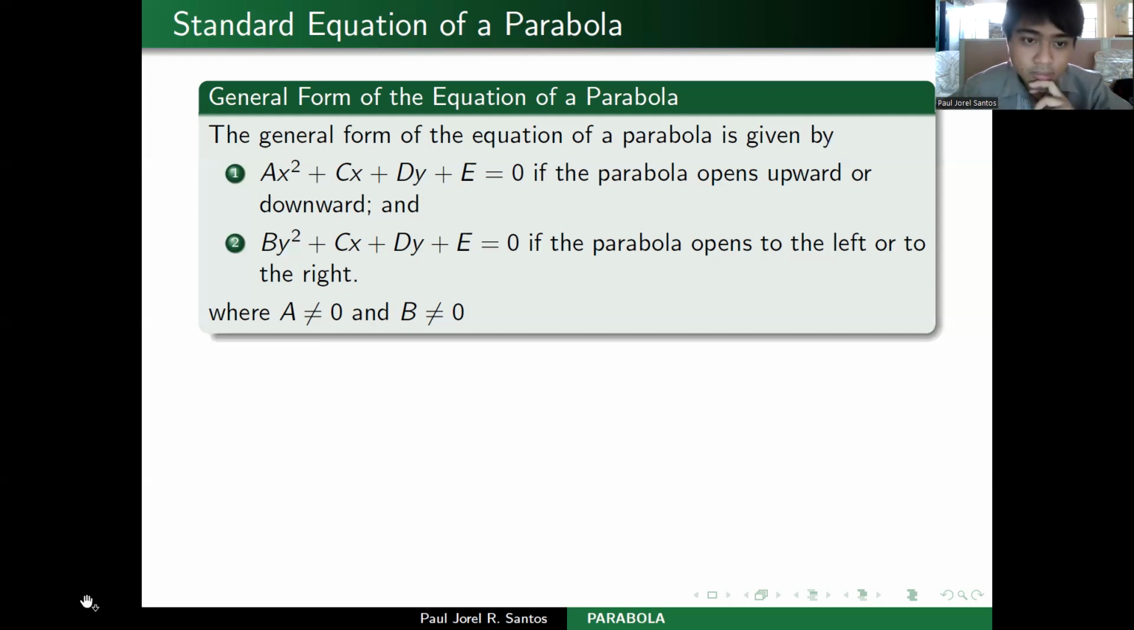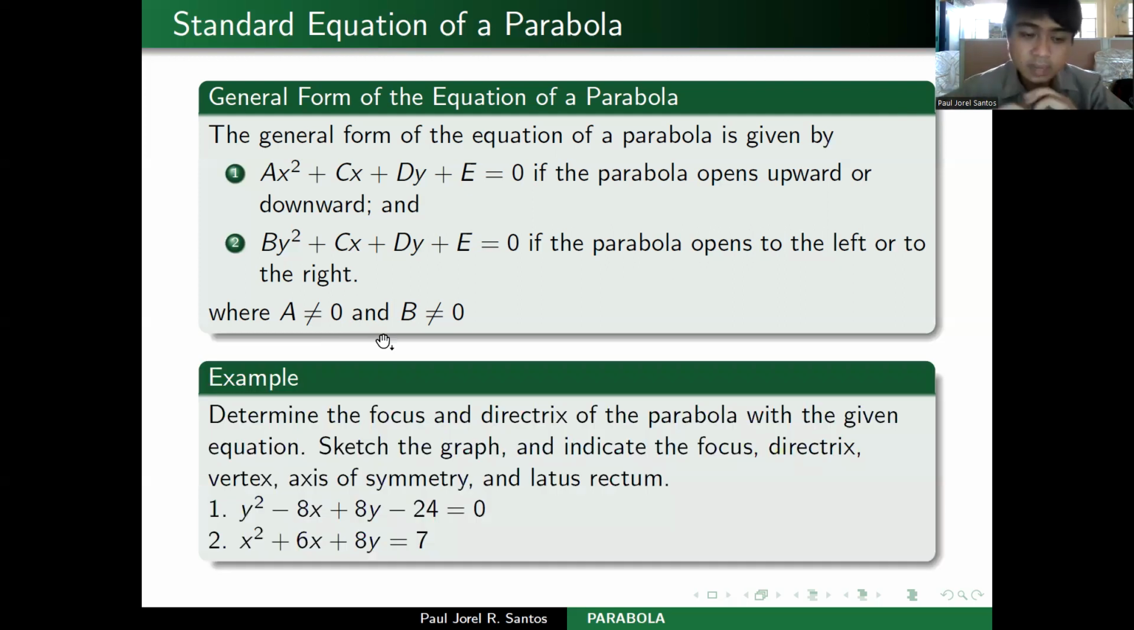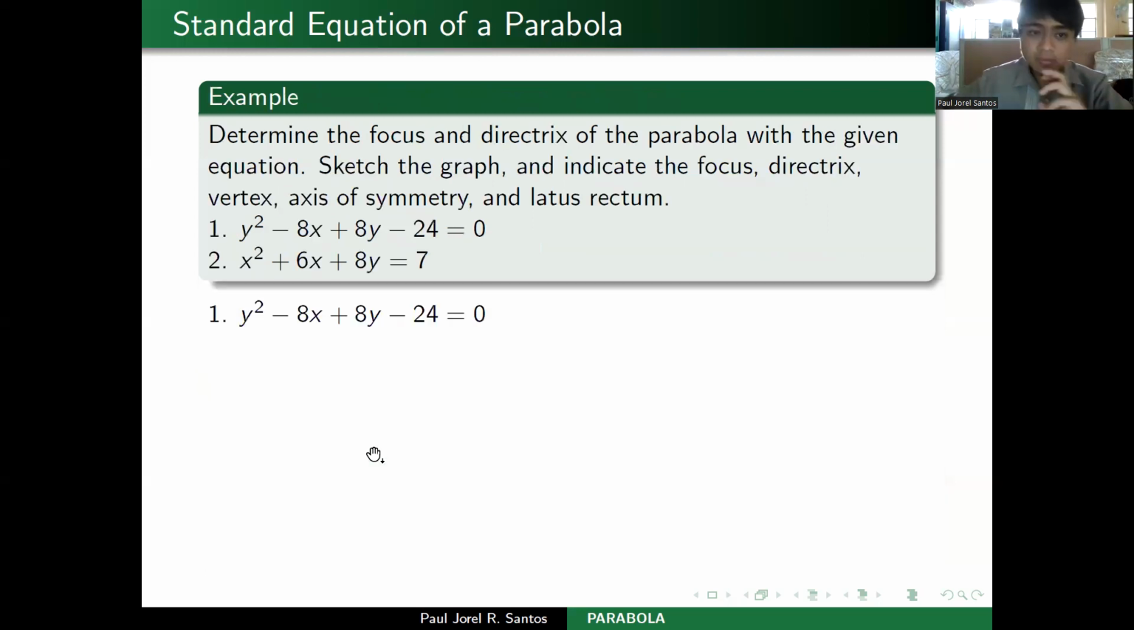Now, we have here two examples determining the focus and directrix of the parabola with the given equation. We also have to sketch the graph and indicate the focus, directrix, vertex, axis of symmetry, and latus rectum. But before we proceed, the first thing that we need to do is to transform this equation into its corresponding